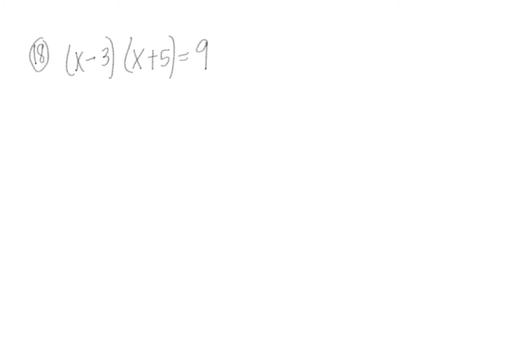When you're factoring and you have a function, you can solve that by setting the factors equal to 0. You don't solve it by setting the factors equal to a different number than 0. So this doesn't work to say x minus 3 equals 9 and x plus 5 equals 9. The rule is, you can't get stuck on wondering why it doesn't work. We just have to know that you can only set it equal to 0. So since it's not, I need to move the 9 over, but this doesn't look pretty. So before I move the 9 over, I think I'm just going to FOIL this out to get x squared